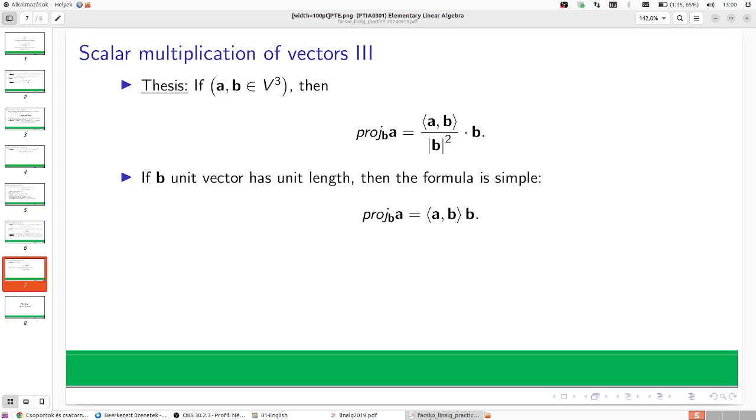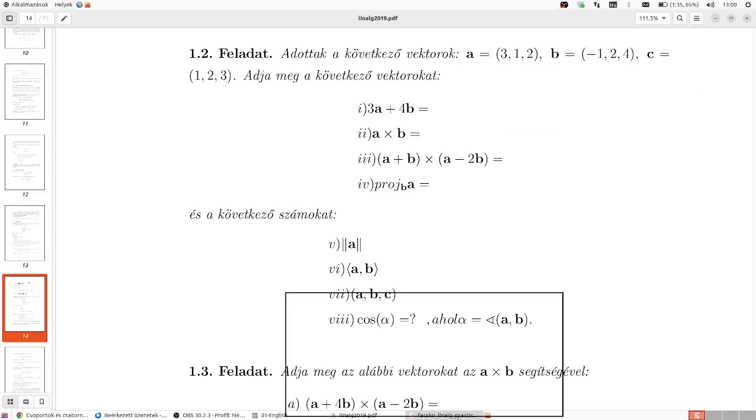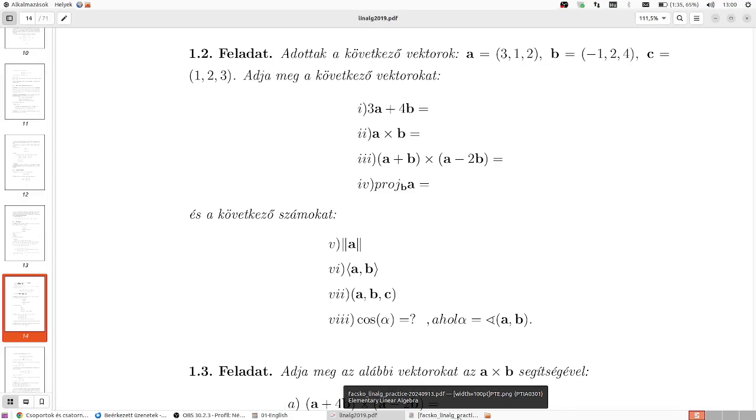And this is B. What was B? So that's 21. That's 7. So it means